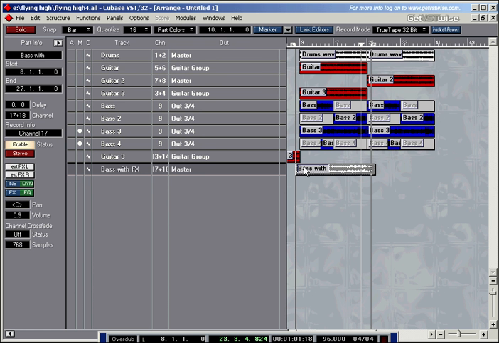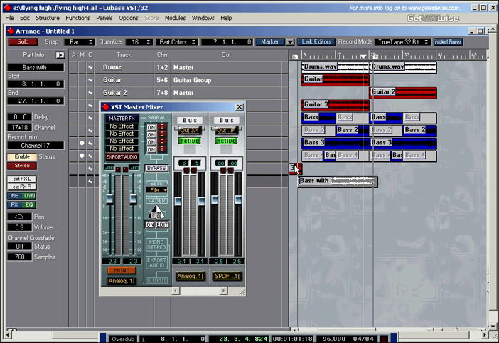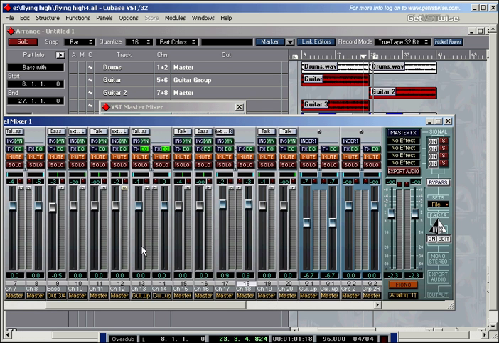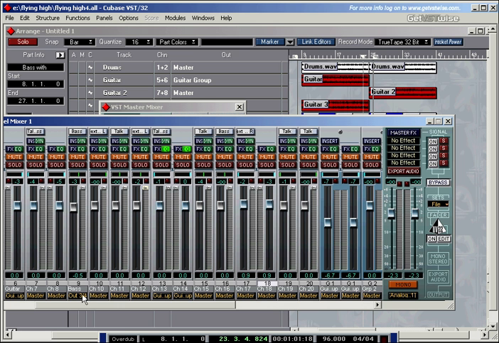All you need to do is make sure that all your tunes, all your music parts are going through this output here. That's important. So we bring up the channel mixer again and make sure that everything goes through the master output. So here's our bass that we had before. We'll route that one back through the master output. And if we play the track back,